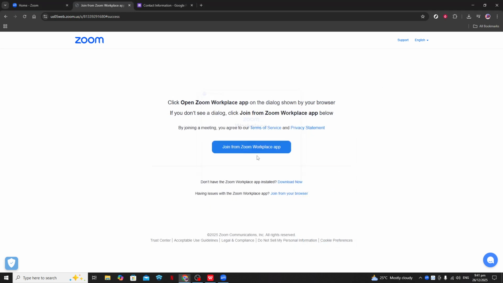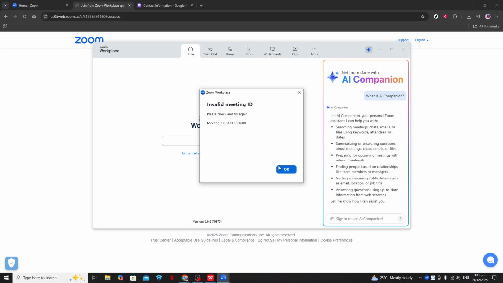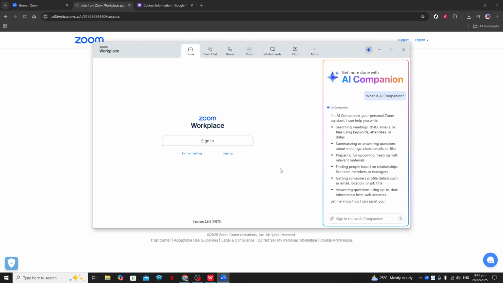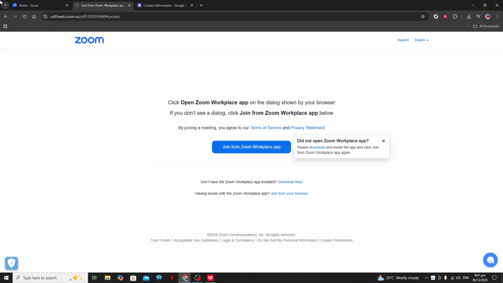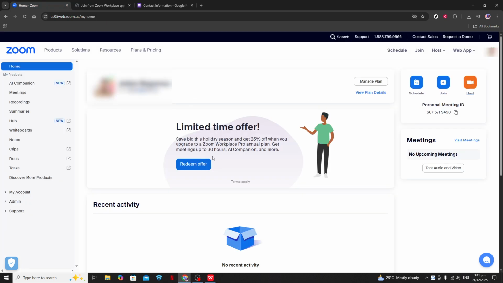Now this is the critical part. Instead of sharing your entire screen, which would show everything, including your notes, choose to share only the specific window displaying your presentation slides. This is often called the slideshow, or might just be the name of your presentation. Double check that you're selecting the correct window. You typically don't want to share the presenter view or your whole desktop when you have notes up.